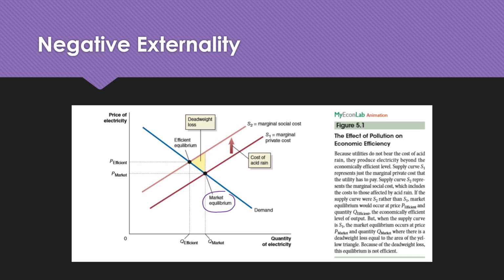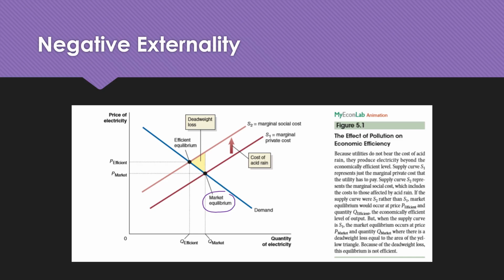So in reality, that yellow triangle that's being represented in the graph is going to be our deadweight loss, and that deadweight loss is representing the overall external cost that society is having to pay as a result of the firm not being held accountable and not producing at the efficient equilibrium like they would if they were actually held accountable for those costs. So a negative externality, so before you're used to the deadweight loss triangle kind of being to the left of the equilibrium point at that new quantity